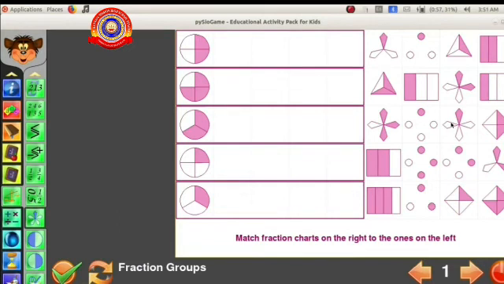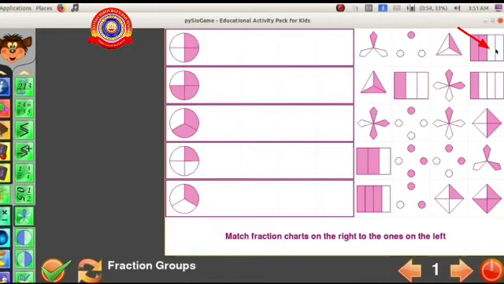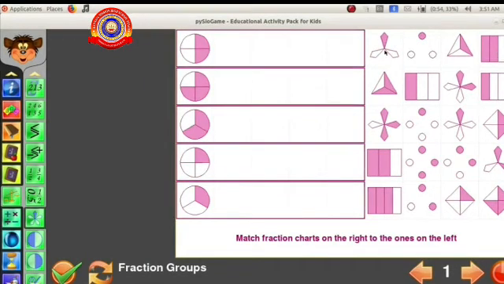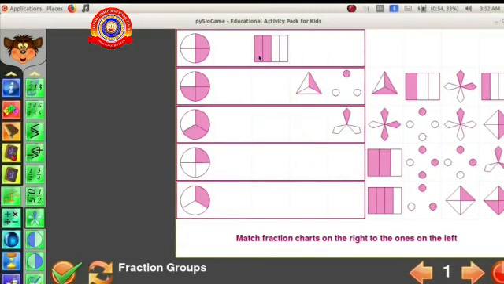Okay. Look children, here the square is divided into 4 portions and 2 portions are colored. Look all of you. So we can match this fraction card here. But the pictures can be removed only through vacant places. So first we want to remove the pictures one by one. Then we can match the fraction card. Okay. Look children, now the fraction is 2 by 4. Likewise, we want to do the next one.